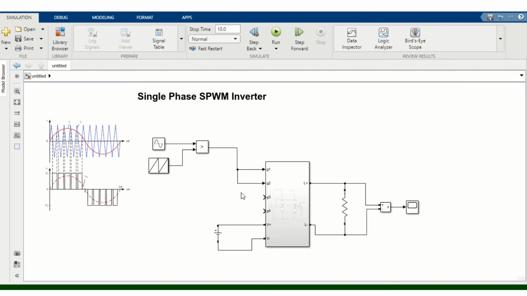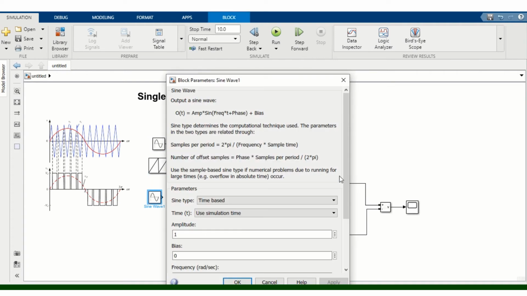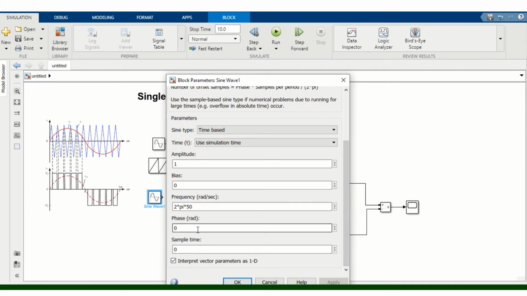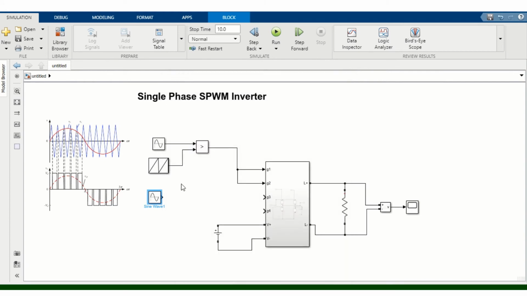Now we have to again apply pulses to G3 and G4. What we will do is, instead of applying this with a NOT gate, because we will not get the inverter output like this, we will use the same, only now we will change it a little bit, and I will change its phase to, in radian again, pi. Pi means what? We have shifted it by 180 degrees. Again same. So we are comparing it with the shifted one.